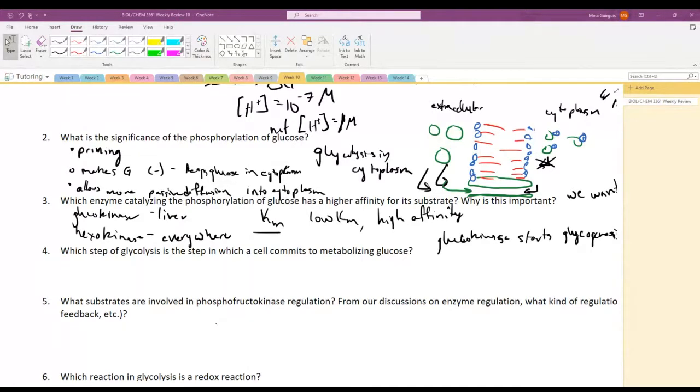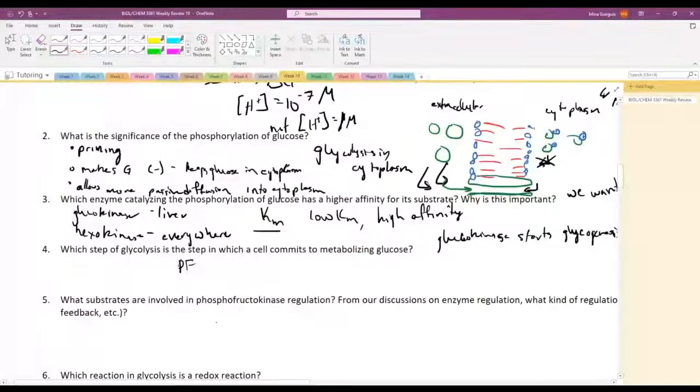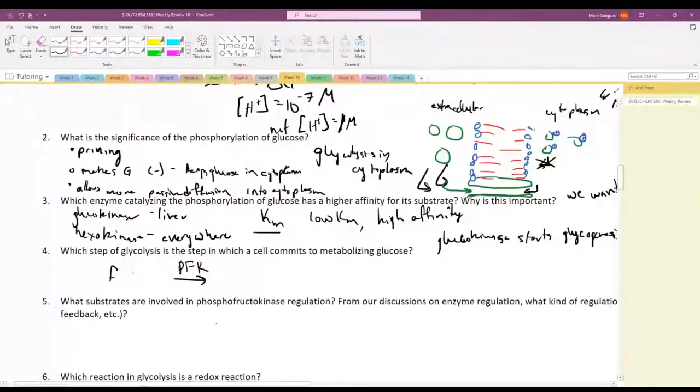So it can't be the first step, because we're not committing to metabolizing glucose there. It's the third step, right? And once again, that third step is the phosphofructokinase, or as I'm going to start abbreviating it from here on out, PFK. So PFK, and that's fructose